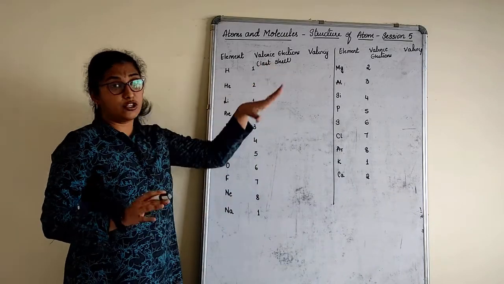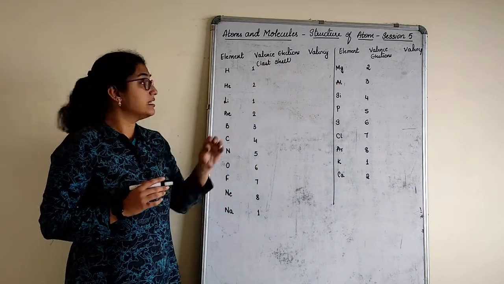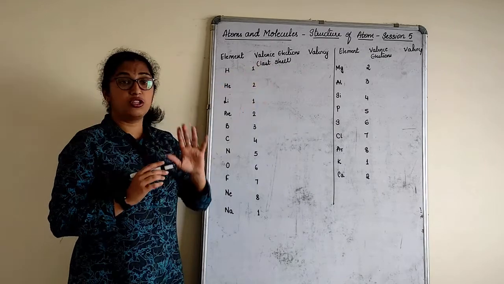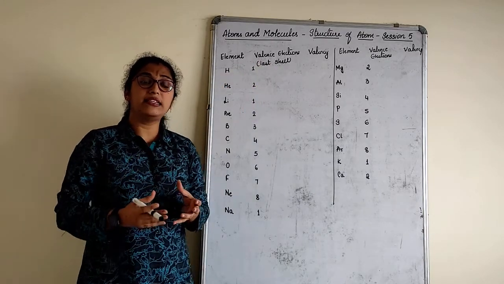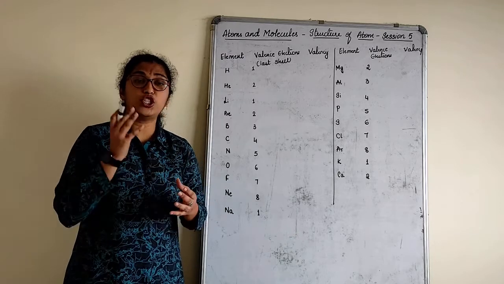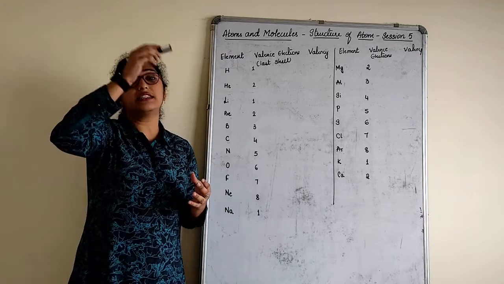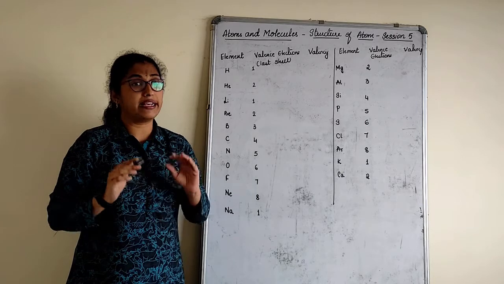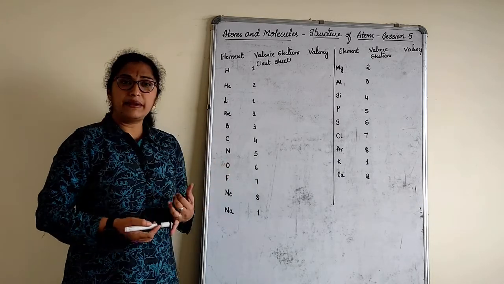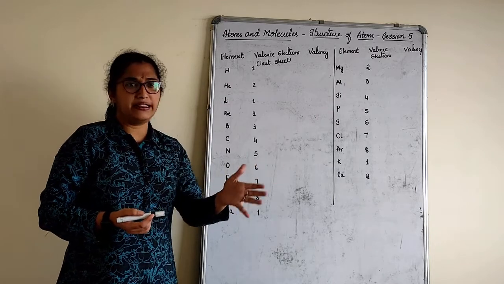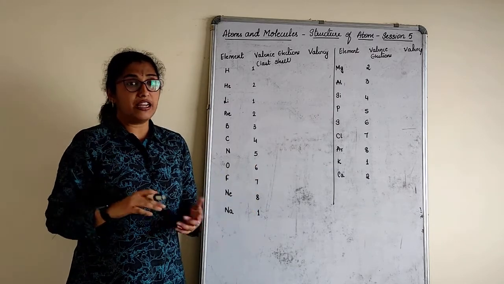Now, I explained what valence electrons are, but before that, I have just written it as the last shell. That means valence electrons are the electrons which are there in the last shell of an orbit. They are called valence electrons, right? Some will be in the K shell, L shell or N shell, depending upon the number of electrons.